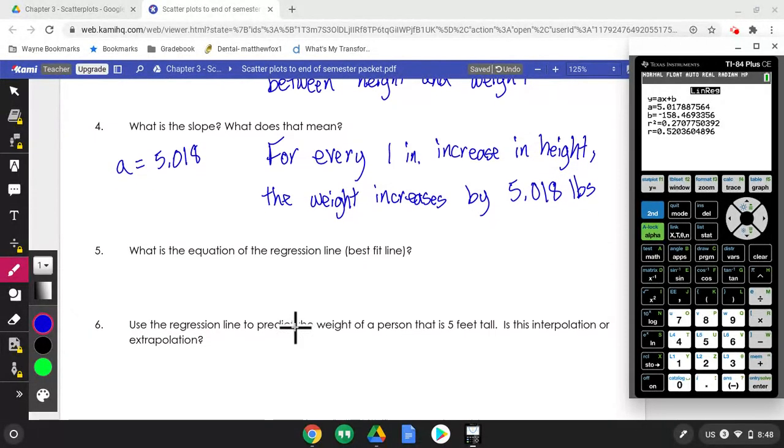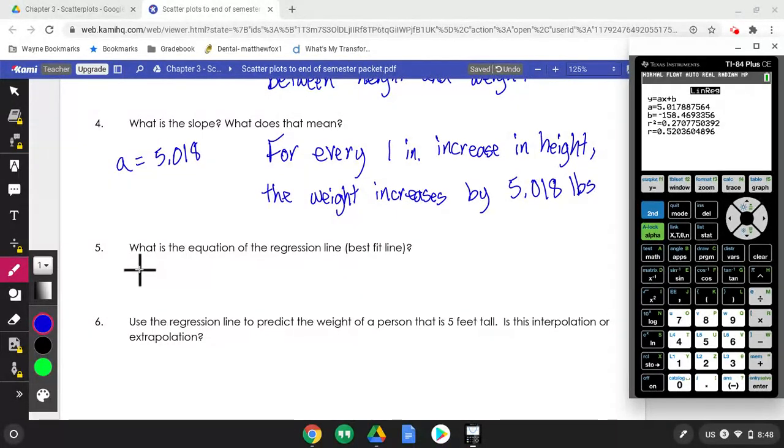All right, we're just about done here. This next one's part 5. It says, what is the equation of the regression line, or our best fit line? We already have the slope. Here's the y-intercept, b, just like we're used to. So I just have to write that out. Y equals 5.018 x. Now it's plus the b, which in our case is negative, so minus